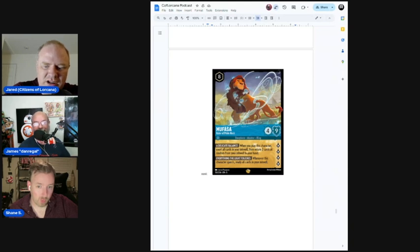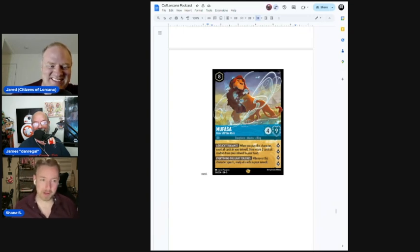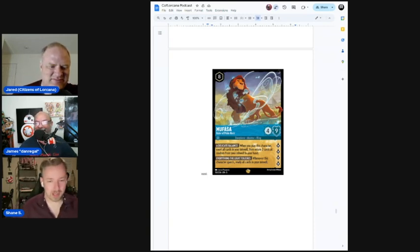Is this one of the cards you messaged Steve about? It's exactly one of the cards I messaged Steve about. I said, this card's crazy. It's just so cool. I was like, it was the same as you. I was like, I get to double my ink, basically. I get to ready everything. Yeah, and it's in Sapphire, so you already get plenty of ink to spare 2 back to your